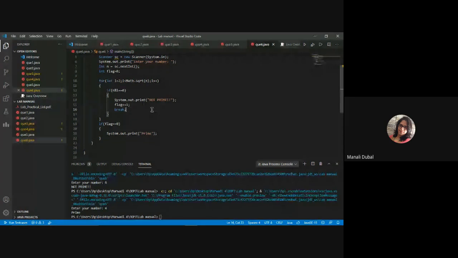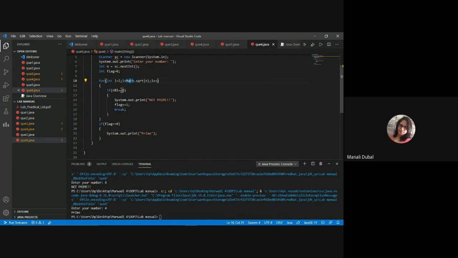If i is starting with 2, what are you checking? 2 is less than 2. Think of the condition you have written in the middle of the for loop, math.sqrt of n. Yes, ma'am, 2 is not less than 1.41. Yes, the condition is false, so it is not going to get inside. So you have to write at least less than or equals to the square root of n.